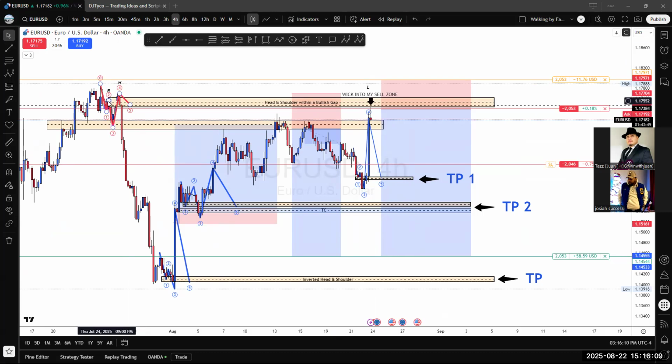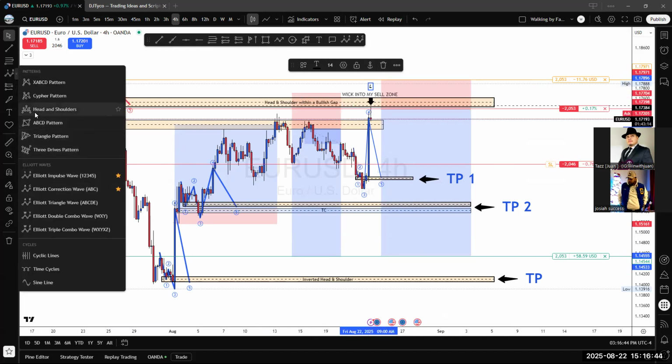So this is the right shoulder. It came down, hit a low, then this high broke the previous high, right? Right. Yeah, I see that. So this now becomes the head, because the head is always higher than the right shoulder, right? Correct. Then the market came down, it did all this drop, and then it came right back up. And right now where we at, you see how this wick came up to the zone? That's the left shoulder. That's powerful because it's like you already knew it was gonna go back up there.